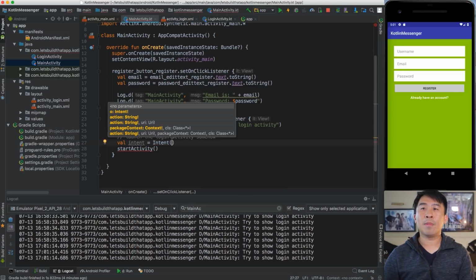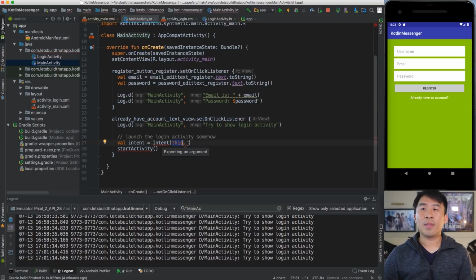This takes in a couple of different parameters. We are going to use, I believe, this one over here. What you've got to do is pass in a context and the login activity class. The syntax might be a little bit tricky, so I'll just show you what it is. The intent is right over here, and then for the second argument, we are going to say LoginActivity::class.java. This will represent the actual activity class. Okay, so hopefully you're not too confused as to what that is doing, but that's how you create an intent